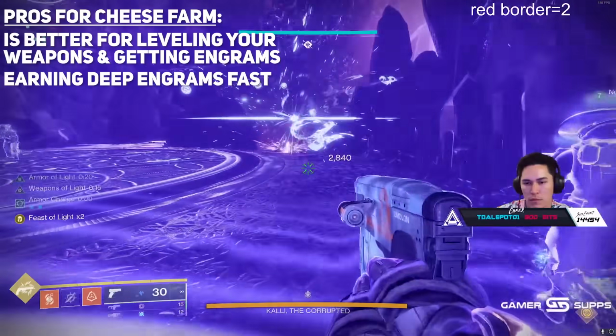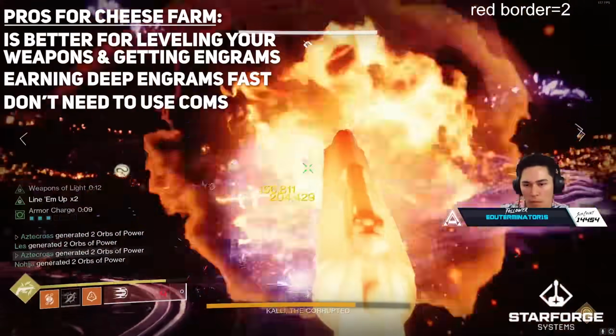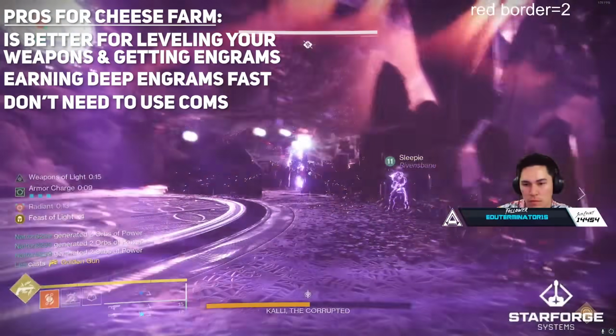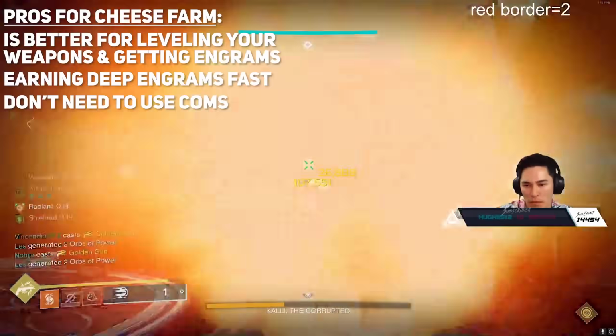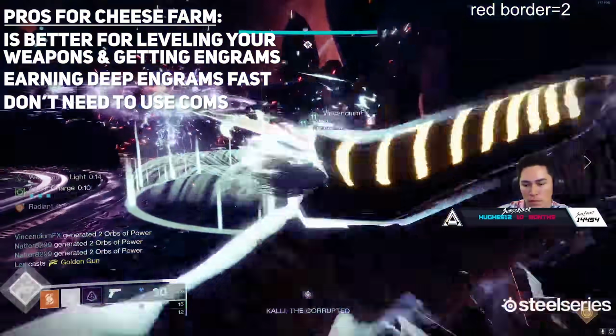The third pro that I like is that you literally don't need comms for this. Not that you need comms for the other one, but this one right here is so brain dead. You and the squad can literally just chill out, and the only 2 people that really need to pay attention is the person trapping and locking Callie in a place and the person loading back into the Last Wish raid,